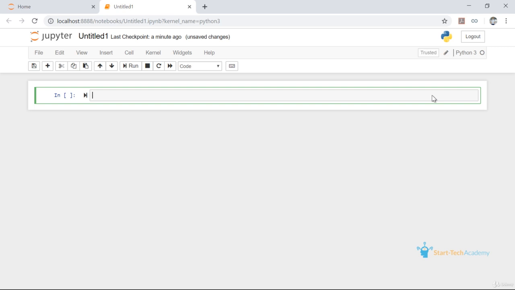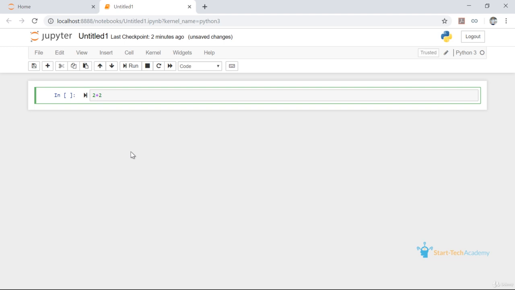In a notebook, you write and run your code in small segments, and these segments are called cells. Apart from executing your code, these cells can also be used for commenting, and it is really helpful to make your code readable and easy to follow. To write the code, you just have to click on this cell, and for example, to add two numbers, you can just write 2 plus 2. So this is where you will write your code.